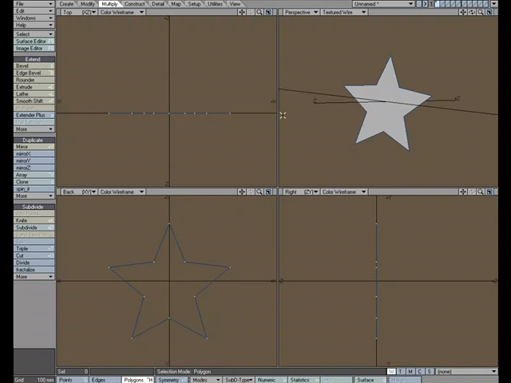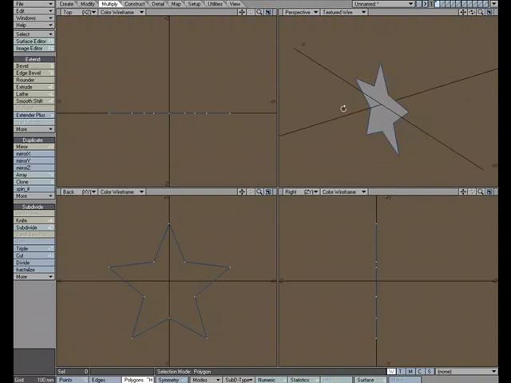There's several ways to go about extruding geometry in Lightwave, and I thought we could go ahead and take a look at motion path extrude. It's a way that we can extrude geometry along a motion path saved out of layout. So I went ahead and created just this quick little flat star, and I figured we could extrude it along